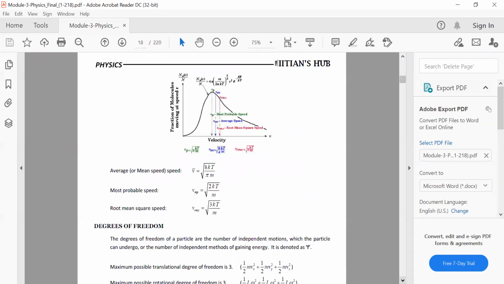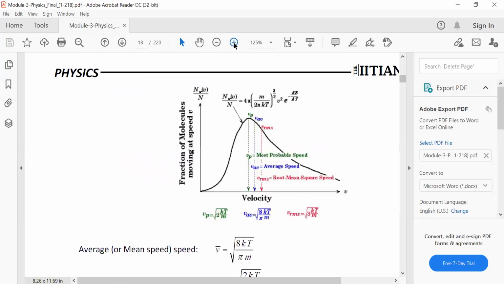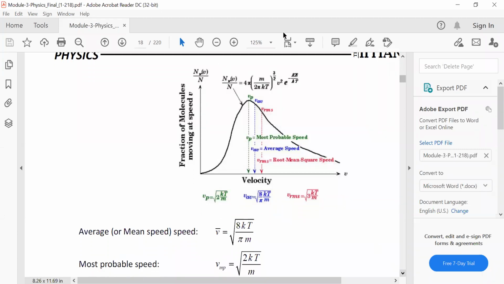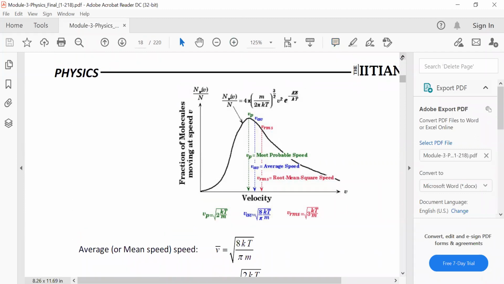So this curve that is here is actually coming from experimental analysis and then statistical analysis on the data from experiment. So we don't need to understand where the formula has come from, but let me explain the formula to you. So this formula over here is the Maxwell distribution formula. This is the Maxwell-Boltzmann distribution formula. Okay. So let me explain the formula itself, what it means.